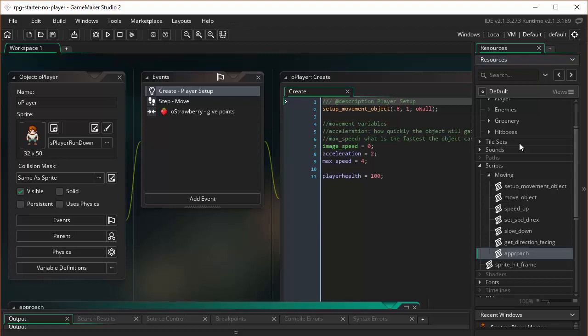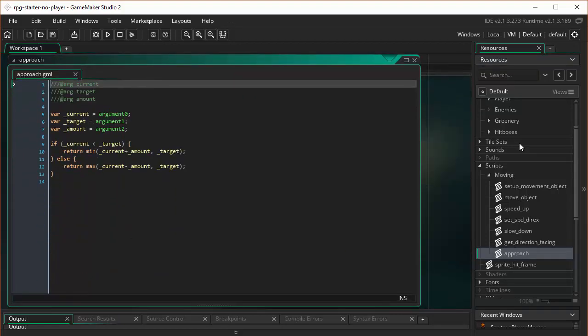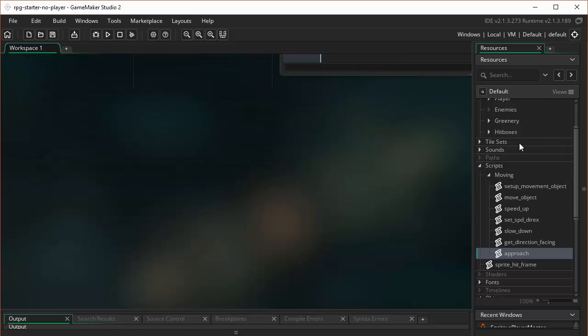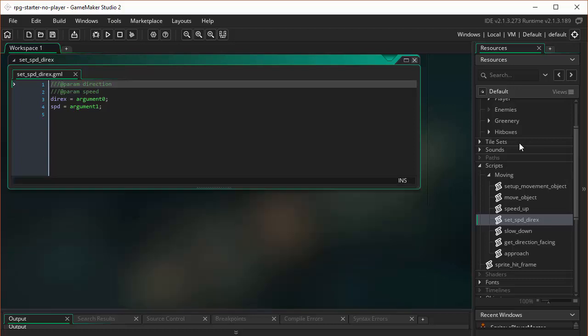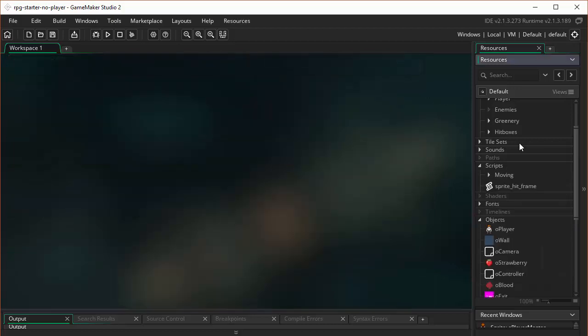And then there are a couple other ones. There's this approach one that I showed you a moment ago that we're not going to get into right now. And then there is this set speed and direction, which does just what it says. You can just directly set our custom direction on our custom speed variable, and we'll use that as we go along as well. All right, that's 30 minutes worth of explaining